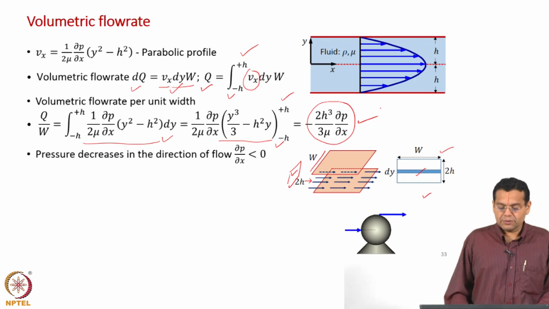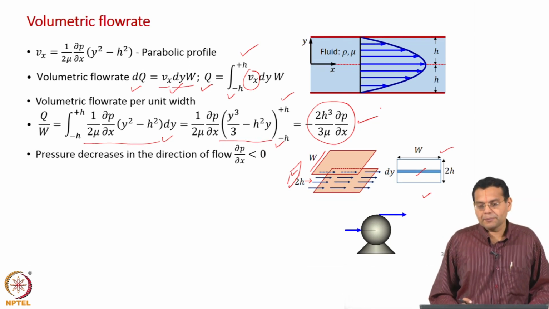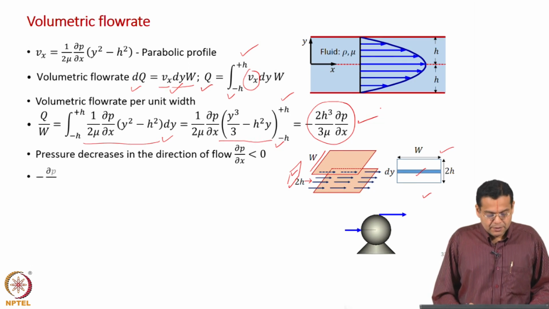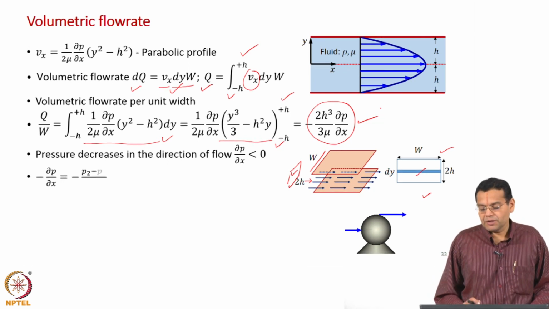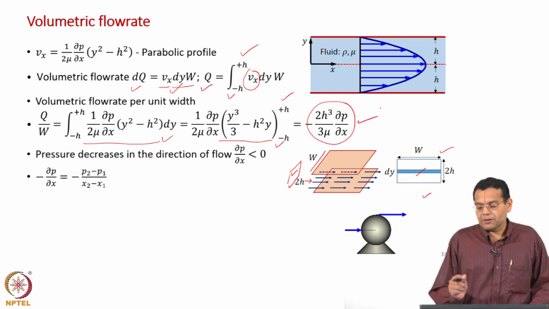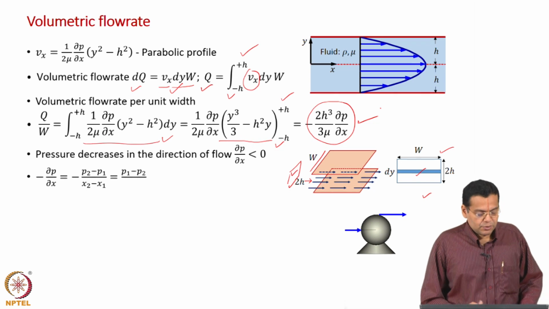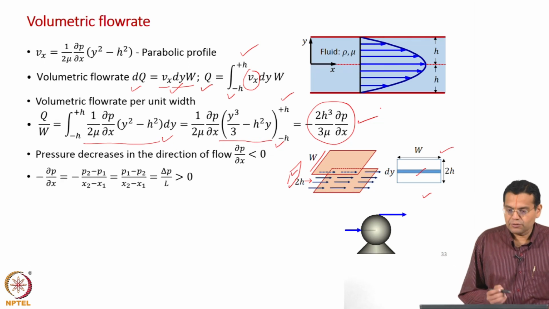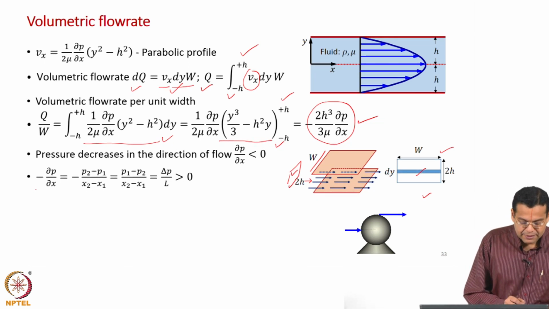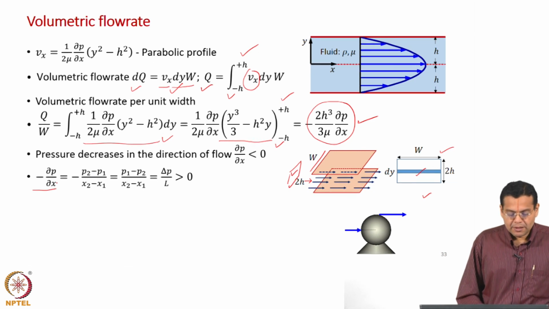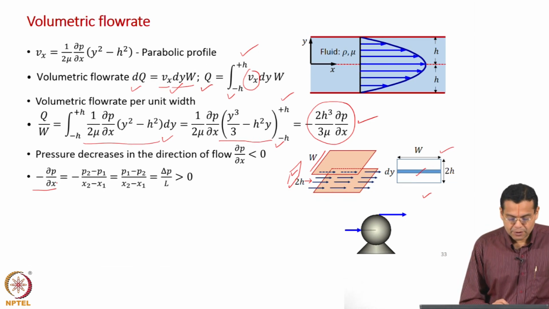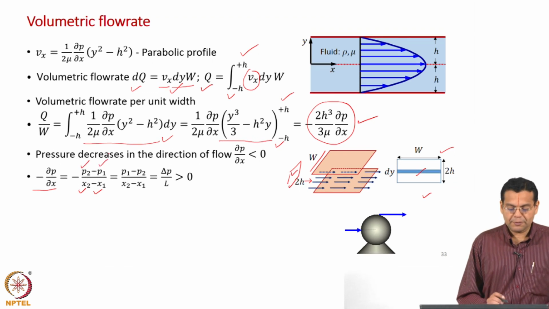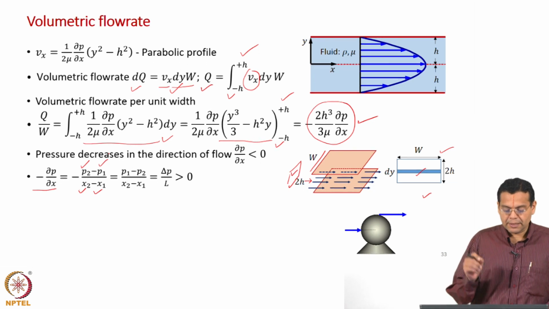Okay. That is what I just now told you, pressure decreases in the direction of flow. So, dou p by dou x is less than 0. Now, what we usually do, since dou p by dou x is a negative quantity, is a simple variable replacement which is usually followed in fluid mechanics. We take this minus dou p by dou x. What is dou p by dou x? Pressure gradient. Let us take two locations x2 and x1 and the pressures at the two locations P2 and P1. So, dou p by dou x is P2 minus P1 by x2 minus x1.